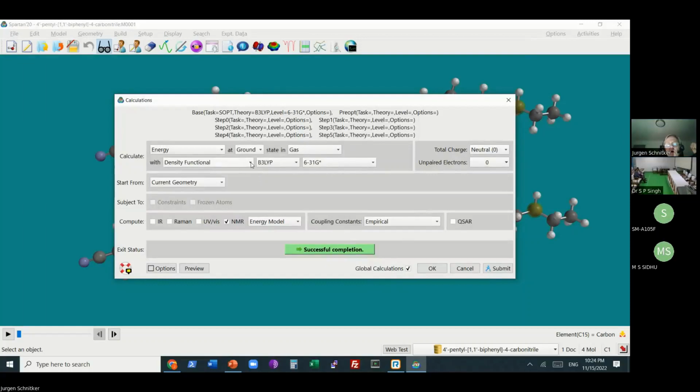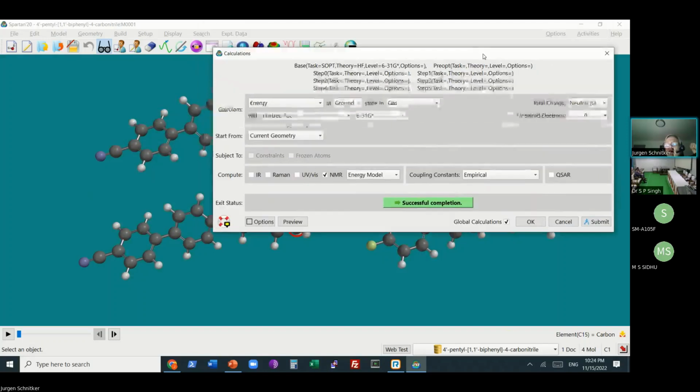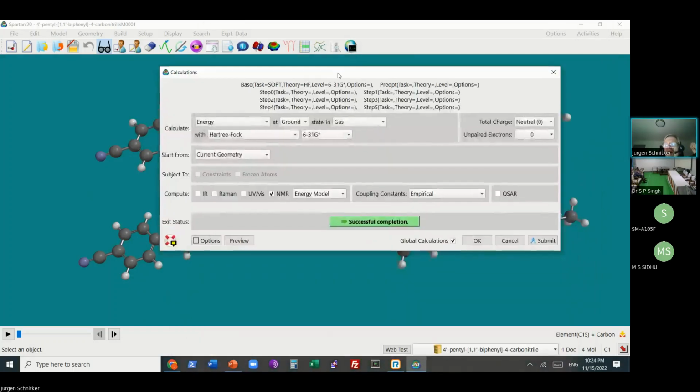The one took 2 minutes previously, so I don't want to run it for 8 minutes. I will quickly use Hartree Fock, step down from DFT, to something a little bit cheaper. Hartree Fock, and I will remove the NMR check mark and do submit.